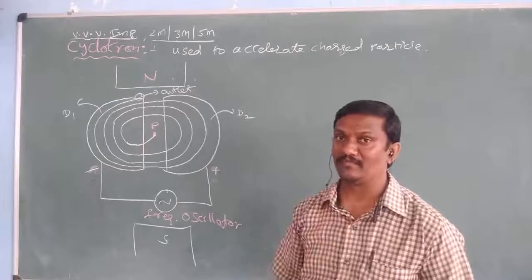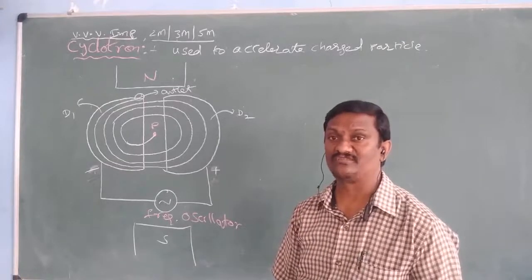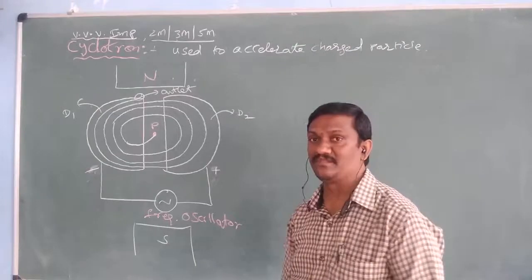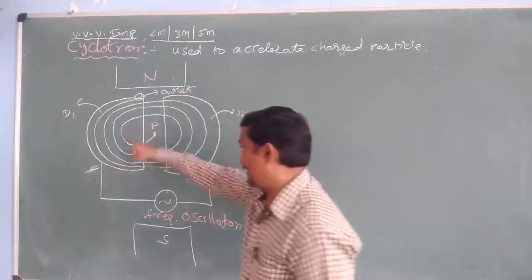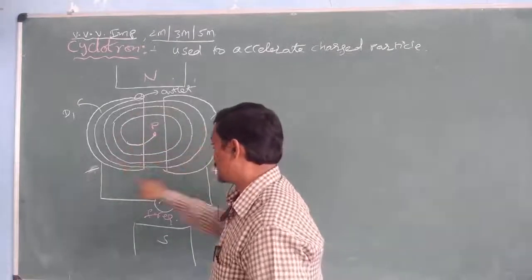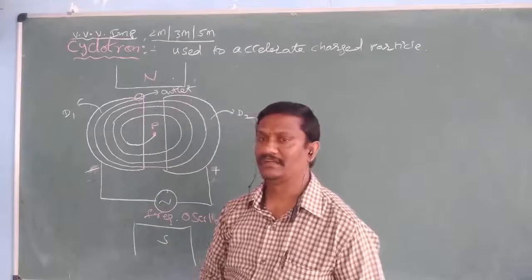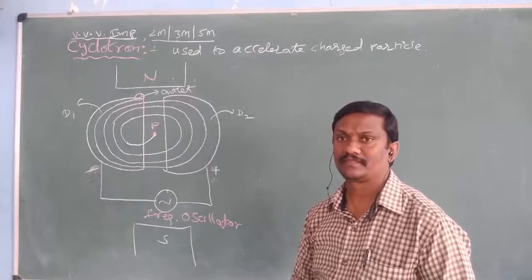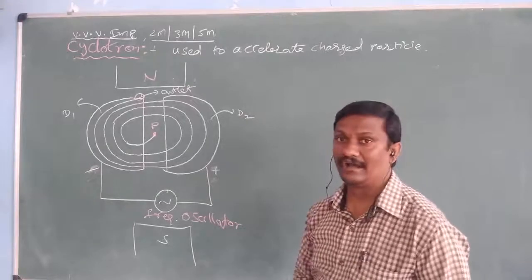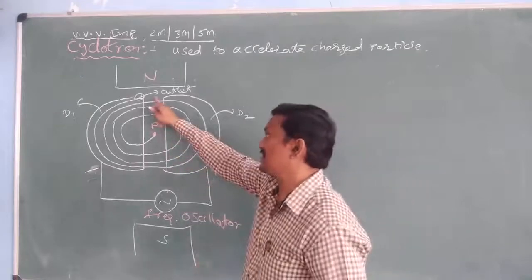Here is one more important point. Every time the positive charge always lies in a positive field. When a positive charge lies in a positive field, acceleration takes place every time. Every time the velocity is increased, the radius of the circular orbit is increased. So that is about the working of a cyclotron. Next, what about the derivation of the cyclotron and the kinetic energy of the emitted charged particle system?